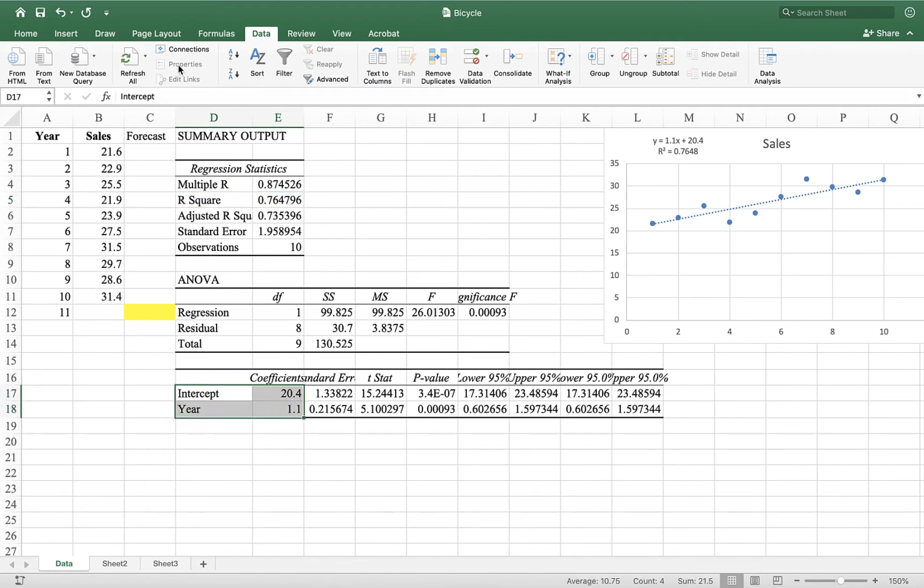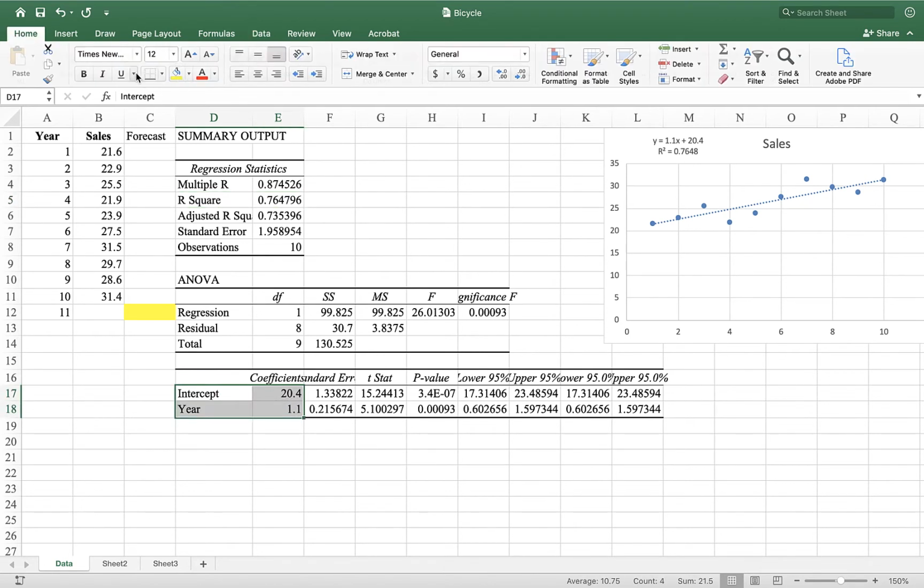And the intercept and the slope. Now, I already knew what the intercept and the slope were because they were 20.4 and 1.1. So we see it from up here. So what does that actually mean for us in terms of forecasting? So what it means for us